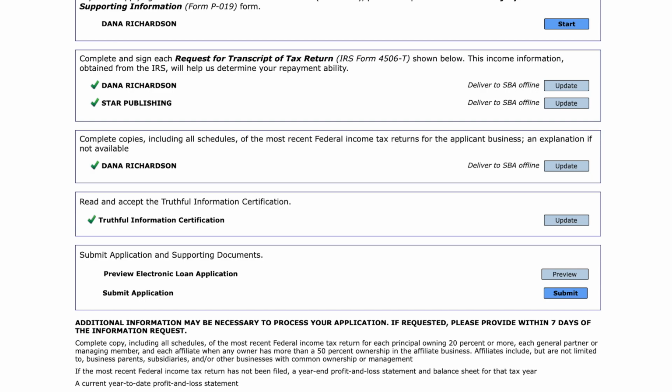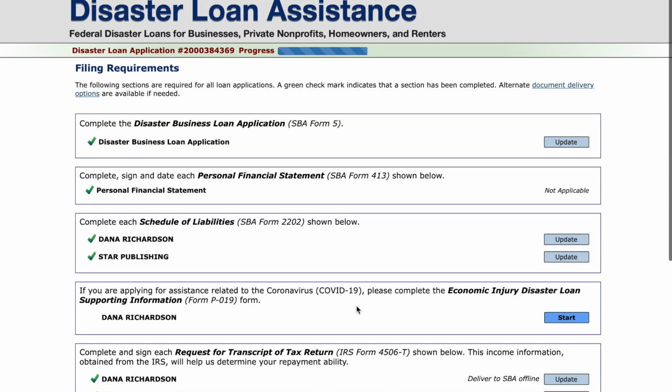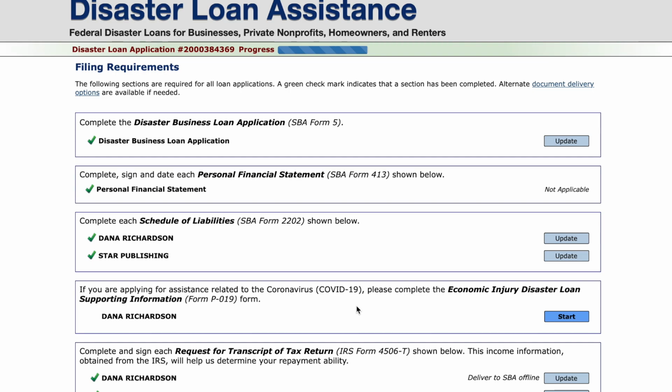So if you see something about guaranteed, it's not guaranteed that you get the money. It's guaranteed that the money will be paid to the bank. That's not taking you away. You still have to pay. So you don't want to default, because if you default on them, then SBA pays, and then you default to SBA. So you really don't want that, especially with all the disasters and stuff that we have going on. You won't be eligible for anything.